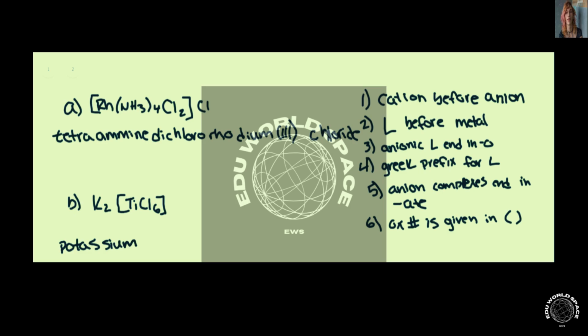There are 6 of them, so it's going to be hexachloro, and then titanium. But because it's part of our anion, it's going to be